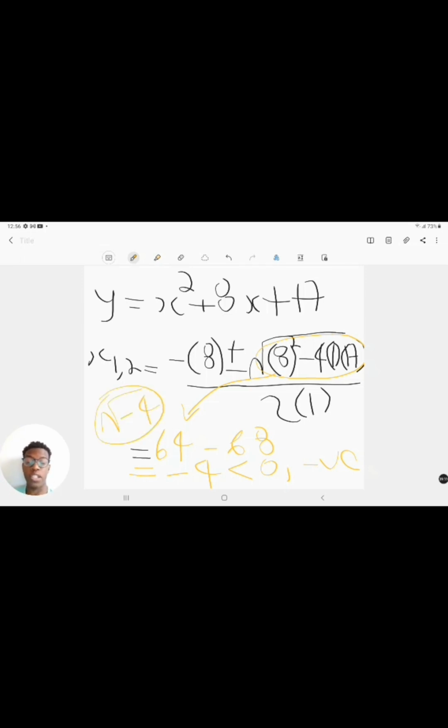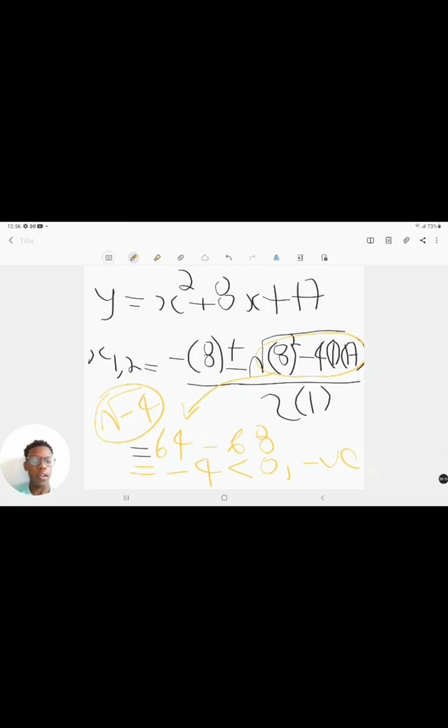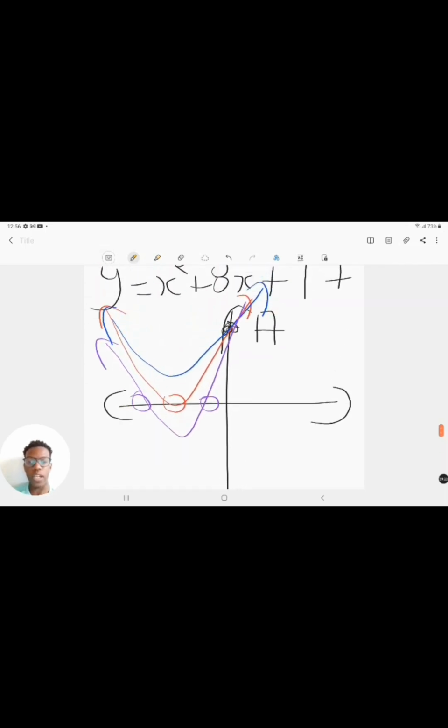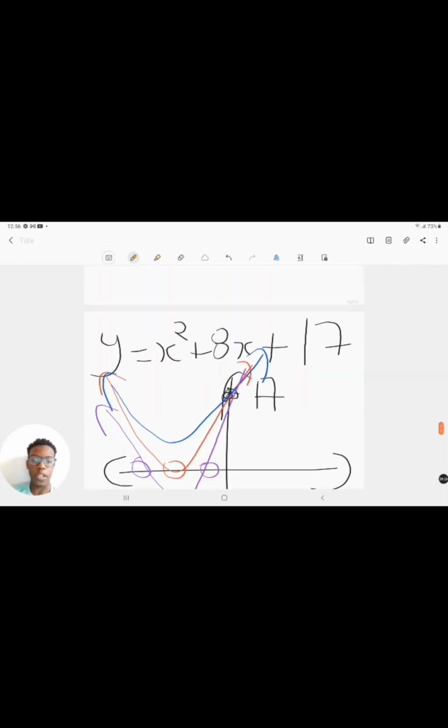If you punch this in your calculator, you'll get a math error, an error message, right? Because this is unreal. You can't have it. It's not a real number, right? It's not a real number. Since this is not a real number, we can confirm that this equation,